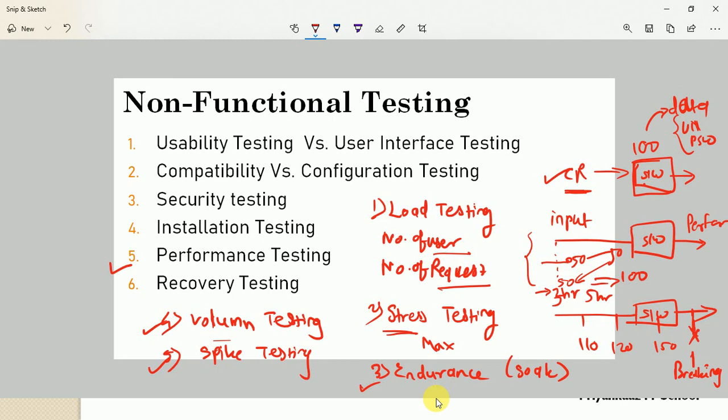While load testing, we need to simply focus on applying the client expected load onto the software and check performance. In stress testing, beyond the limit, apply load and check performance. Endurance testing, throughout the day or continuously apply the same load, client expected load, and check performance of the software application. While performance testing, we need to focus on data, and that is all about volume testing. Whenever there are some sudden changes, let's say peak time and all, we can verify with the help of spike testing.